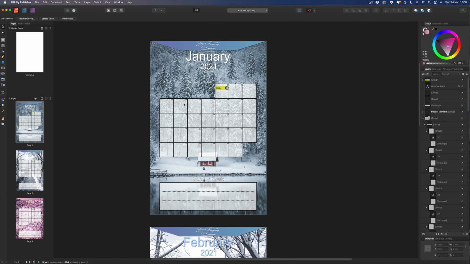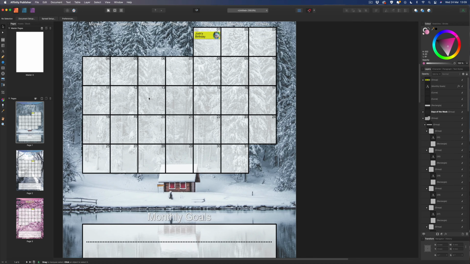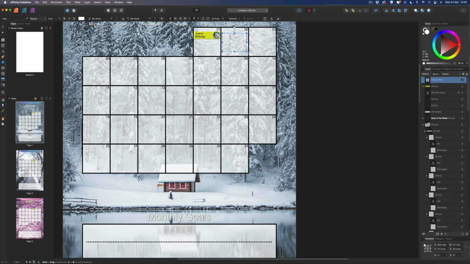You can pre-fill all this out if you want to. Once again, I'll just zoom in quickly. And if you just want to write out your whole month, we'll grab that text tool actually. And we'll just drag in a box. And you can just write in here, go to the gym and buy milk. And call mum, and just select all of that, give that a different color,